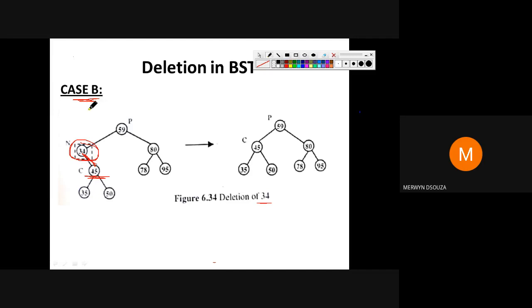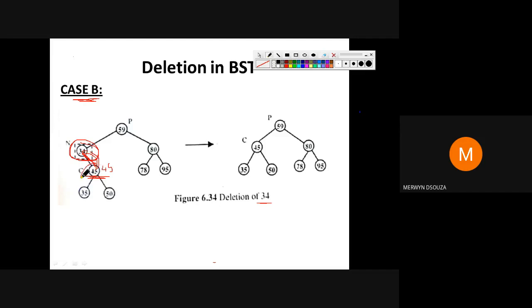When you apply case B, how is case B applied? Case B is applied by copying the value of the child. Value of the child is 45. Copy the value of the child, 45, and replace the value of the node that you are deleting. So 45 will be placed in place of 34.